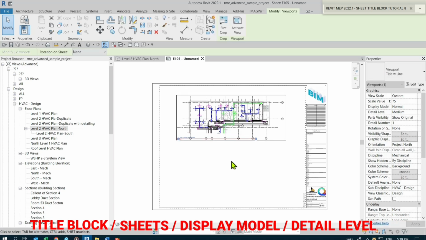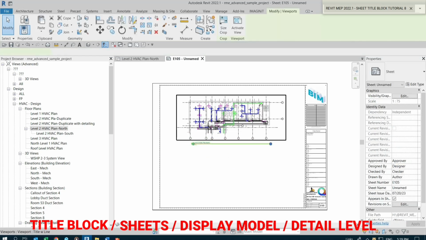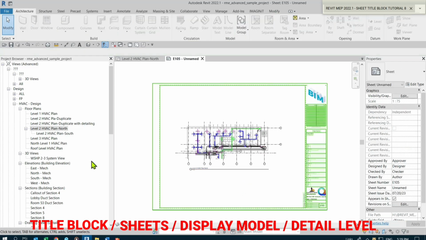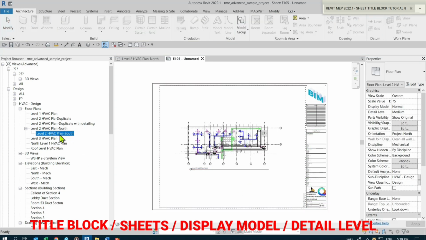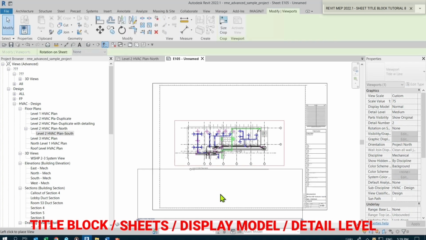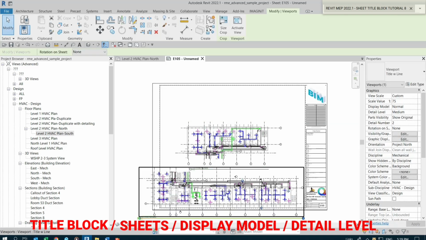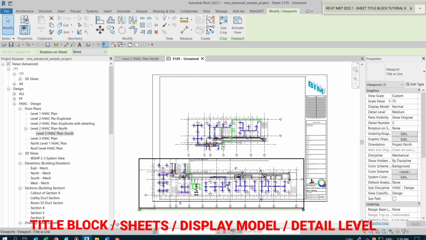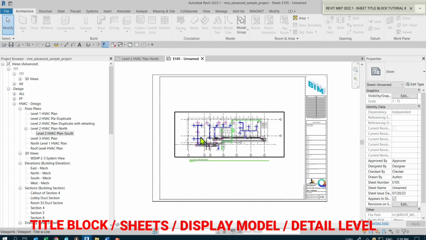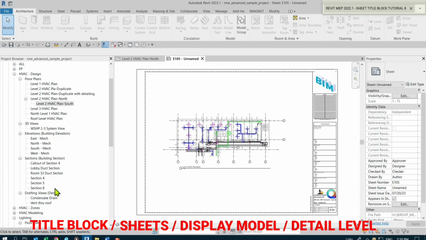For example, this is how my view looks. I need 1:75. So that is why it is a bit bigger than the earlier one. If I am going to drag and drop the south view here, so just like this one, that is my HVAC south plan. I do not want to include this south. What I'm going to do is I'm just going to delete this, the south, and then I will just create